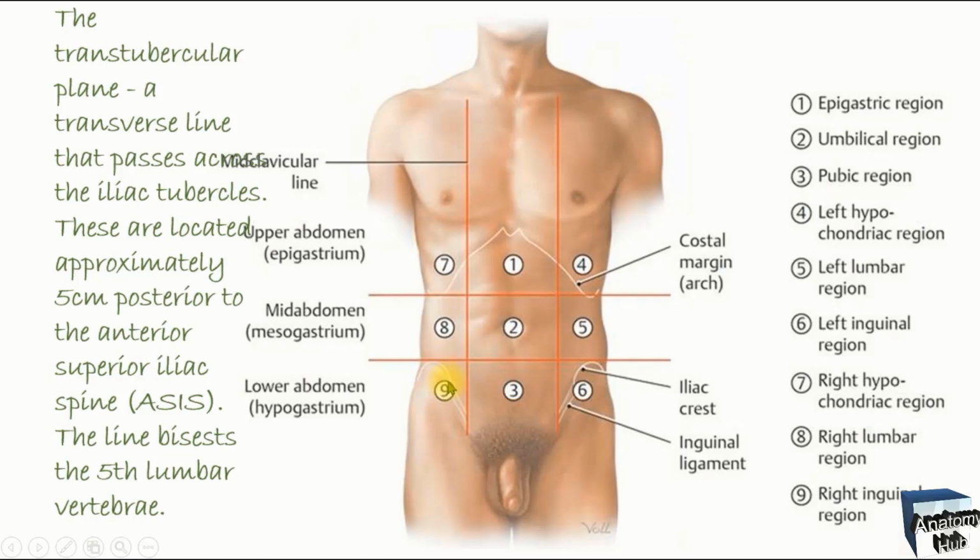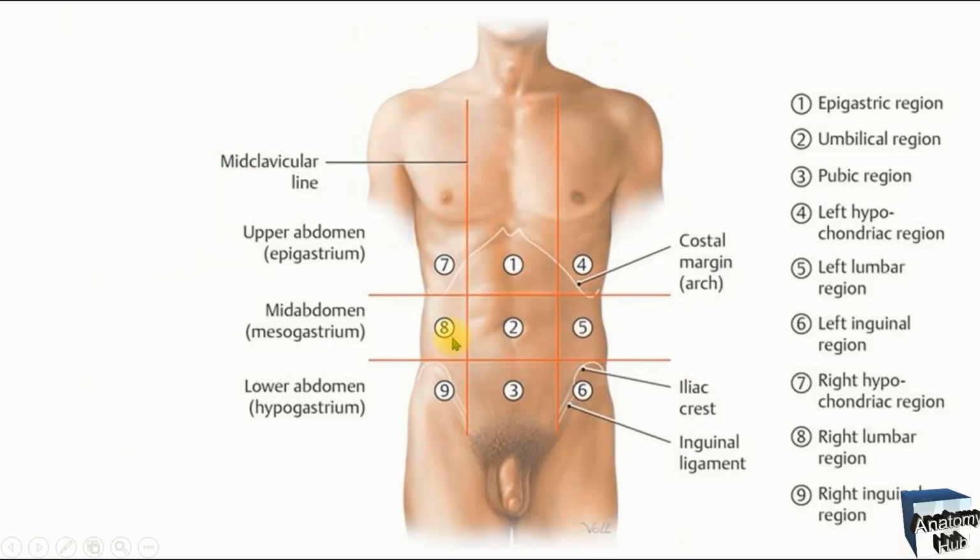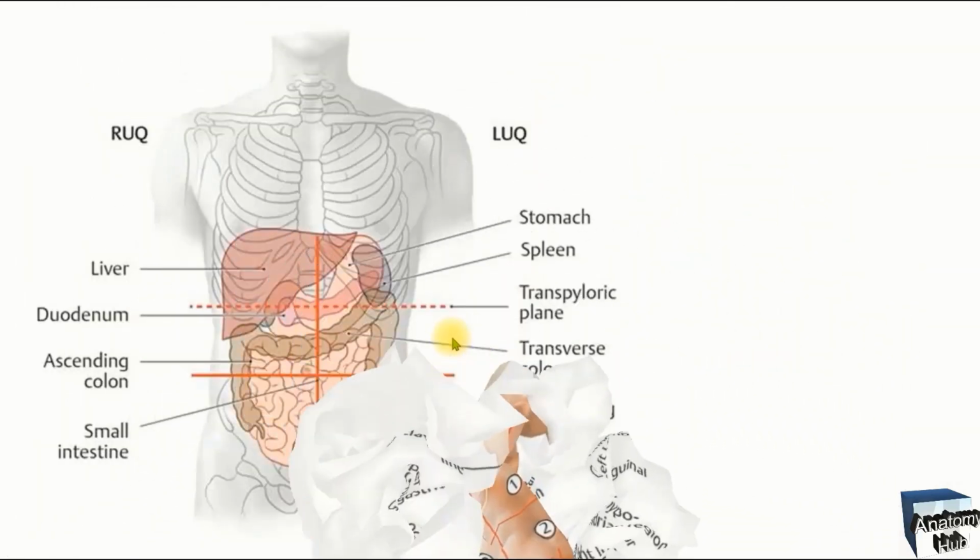Here on the right side you will find the right inguinal region and on the left side you will find the left inguinal region, and in between this hypochondrium and the inguinal region you will find the kidney. And actually it is the lumbar region over here. So this is your left lumbar region and this will be your right lumbar region. Okay,